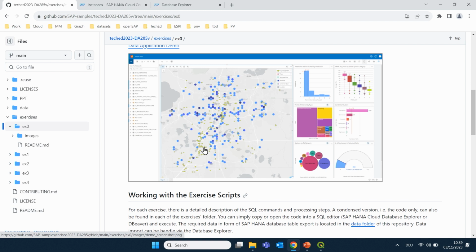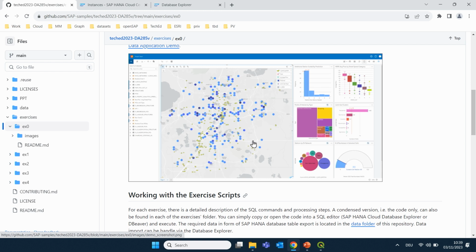So these blue areas indicate potential new suitable sites for charging stations. And the way this works in the demo is that we're looking at location characteristics where currently charging stations are being set up. And then we find other areas within Orlando which also have these location characteristics, but where no